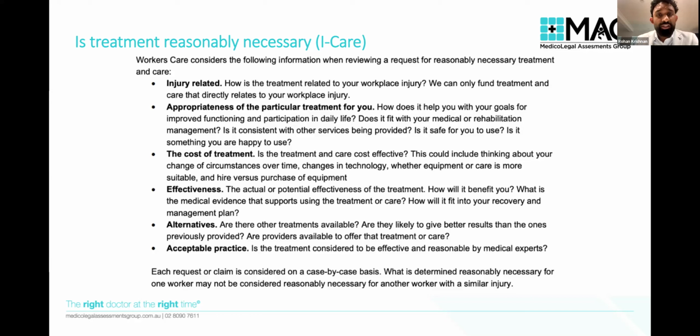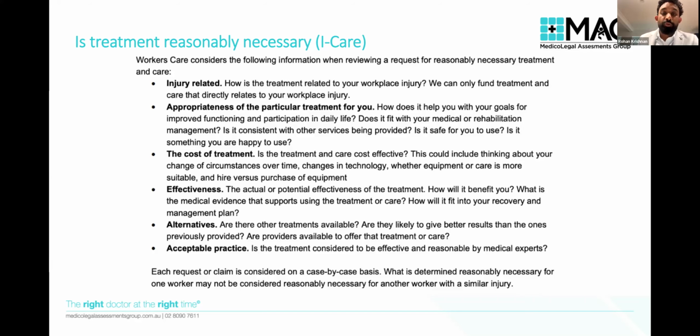They work as an adjunct to help symptoms in conjunction with physiotherapy maybe, or psychological care. Sure, they can be an aid. But to use an occlusal splint all by itself, or to use a bimaxillary, like an anti-snoring device, to stop snoring and prevent breakdown without a sleep study, these things aren't potentially going to be as effective as they could be, and therefore we consider that in what we write for our report. And what other alternatives are there? Are there other treatments? Are there ones likely to give better results?